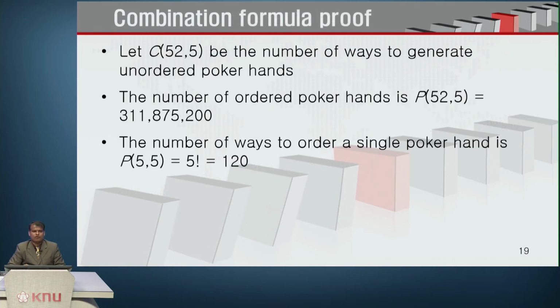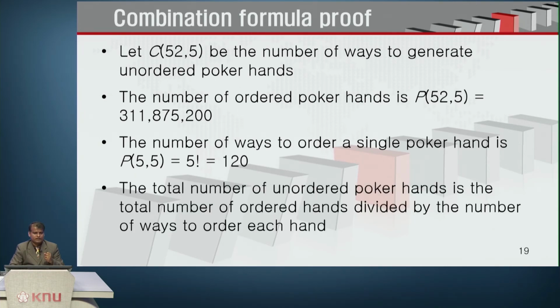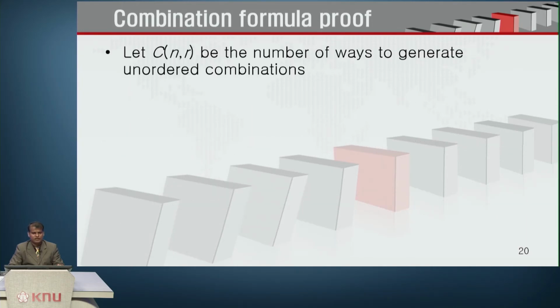Generally speaking, this is the form of proof. Let C of 52 comma 5 be the number of ways to generate unordered poker hands. So the number of ordered poker hands would be 311,875,200. The number of ways to order a single poker hand would be just P of 5 comma 5, that's 5 factorial. So that's a kind of permutation formula, right? The total number of unordered poker hands is the total number of ordered hands divided by the number of ways to order each hand. So that's simply P of 52 comma 5 by P of 5 comma 5. That's nothing but you got the answer, C of